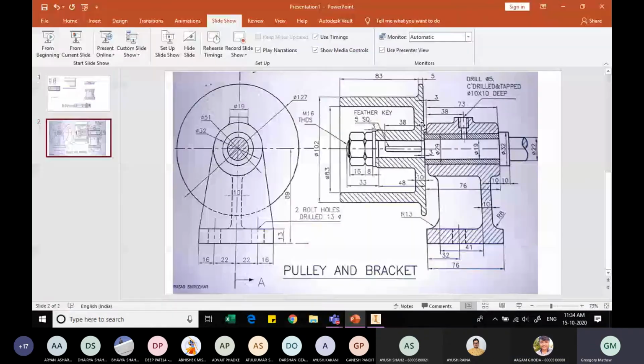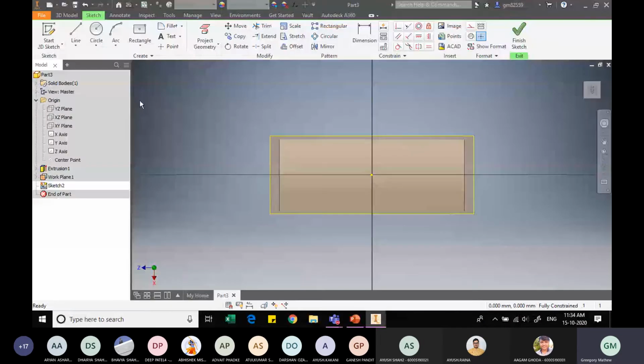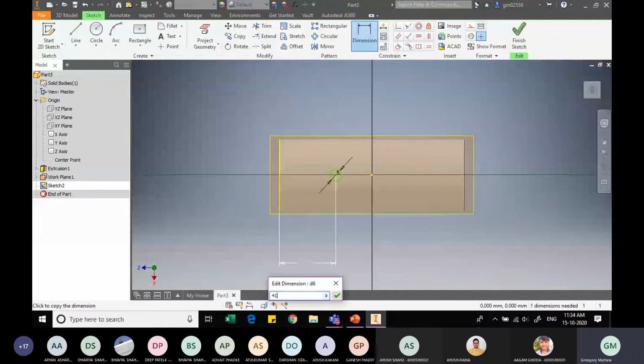Okay. So let us now create the slot or the circular hole. The hole is at a distance of 41 mm from this edge, and it's a diameter 5. So let me place a hole somewhere arbitrarily along the center line, which is 5 mm in diameter. And we know the distance of the center of this hole from this edge is to be 41 mm. So let me show that, and that is how we finished it.